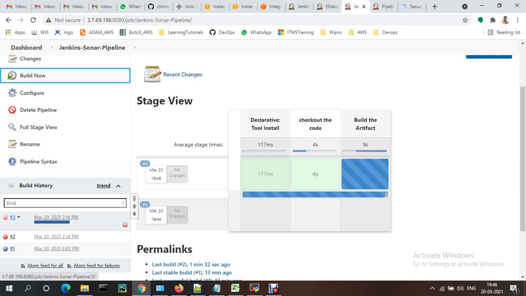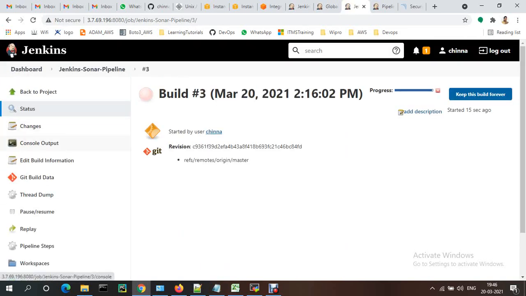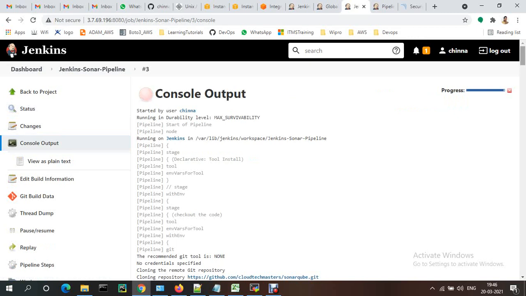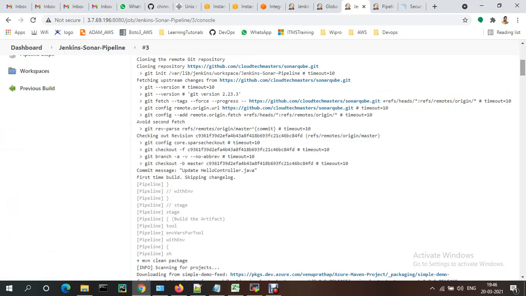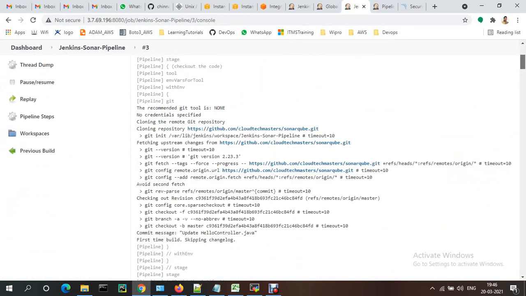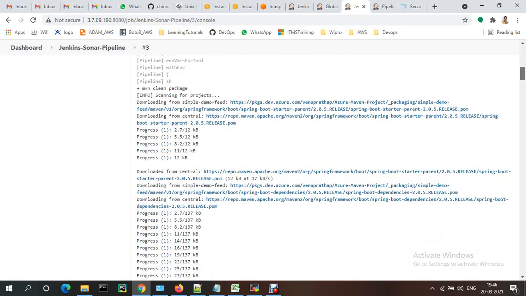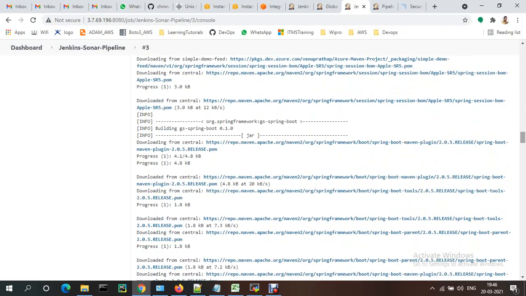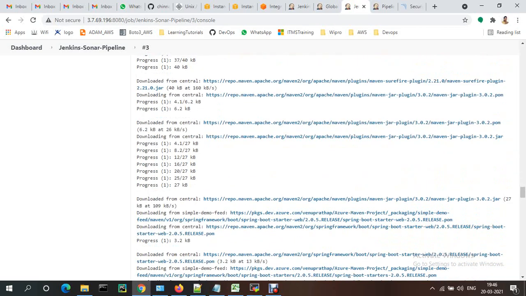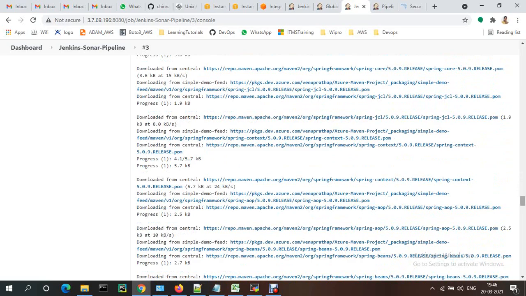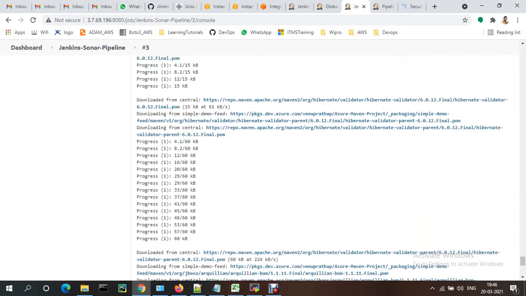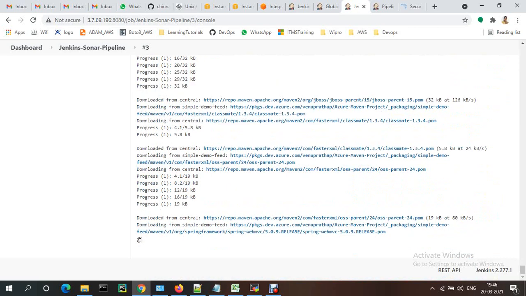If you want to see the output, you can see the output as well. Okay, if you go to console output, now this time it is going to be build. See, first stage one is check out the code. Okay, and clean the package, and it will download all the dependencies first time.